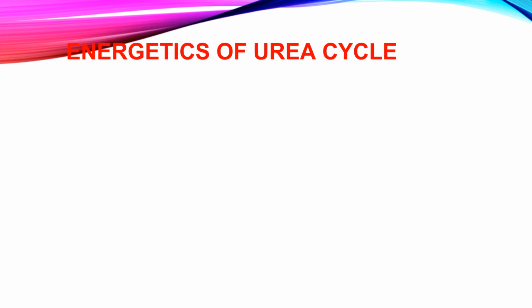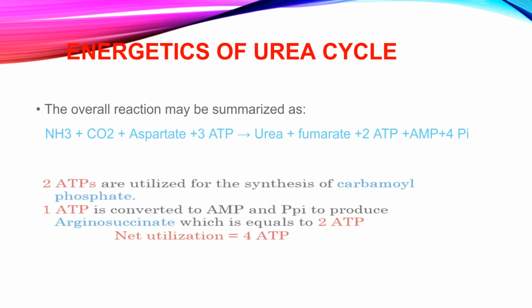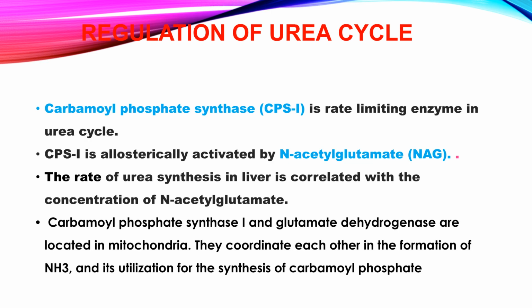The overall reaction summarizes the energetics of the urea cycle. A net total of 4 high-energy phosphate bonds are utilized per cycle: 2 ATPs for carbamoyl phosphate synthesis, and 1 ATP converted to AMP and PPi to produce arginosuccinate, which equals 2 high-energy bonds. The regulation of the urea cycle relies on carbamoyl phosphate synthase I, or CPSI, which is the rate-limiting